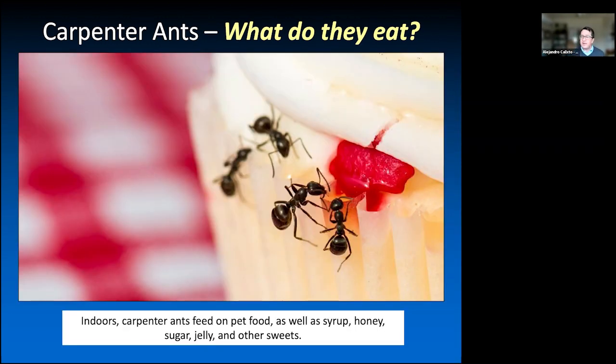And then inside your house, this is a nice muffin or pie, and you can see they're really attracted to this because, of course, it's got sugar, it's sweet. You can see recruitment, all these ants being recruited to that source of food. Inside the houses, if you have pets, they like cat food and dog food. If you leave sugar on the counter, they're going to go for that sugar. If your kids are leaving candies on a counter, and you have colonies close to your house and they're getting inside, they will be attracted to that.